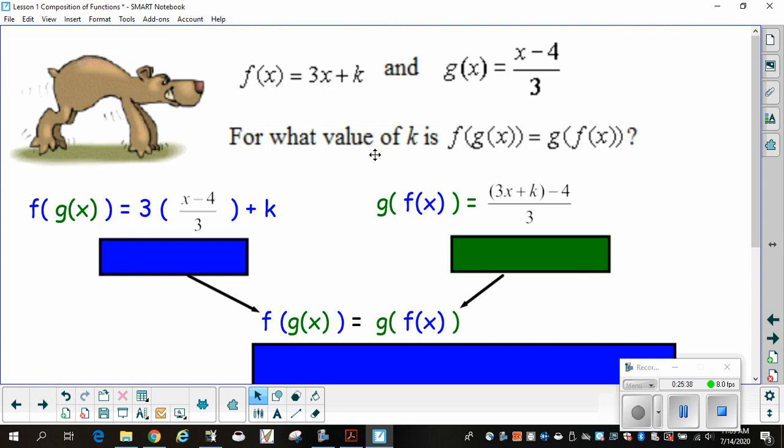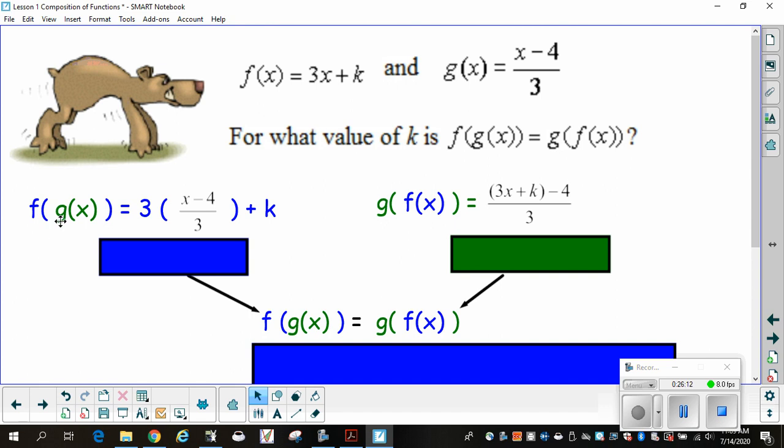Now, this is a tricky one. This is an advanced question. For what value of k is f of g of x equal to g of f of x? So I'm asking what, if any, value would make these commutative. The commutative property does hold, but only for a special instance. So I want to know what value of k would work. So what do I do? Well, I've got